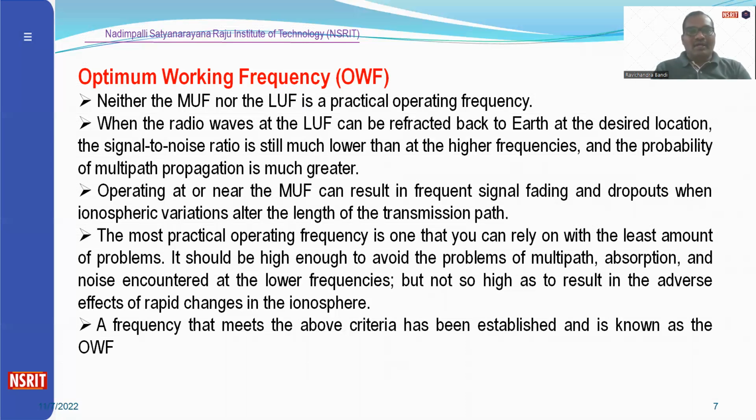Operating at or near the MUF can result in frequent signal fading and dropouts when ionospheric variations alter the length of the transmission path. The most practical operating frequency is one that you can rely on with the least amount of problems. It should be high enough to avoid the problems of multipath, absorption, and noise encountered at the lower frequencies,